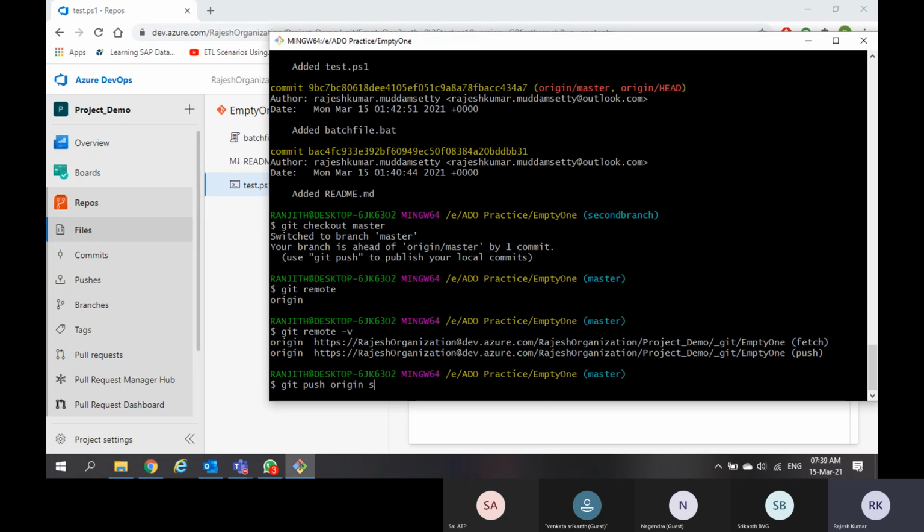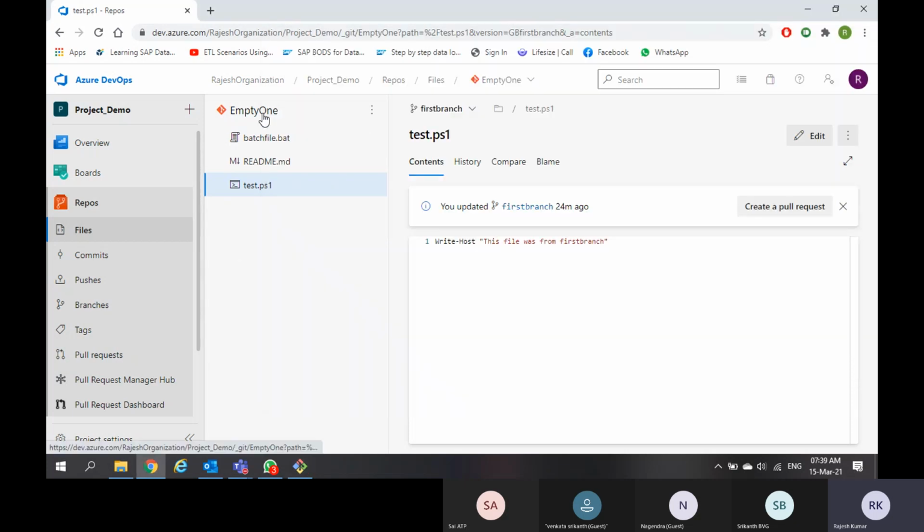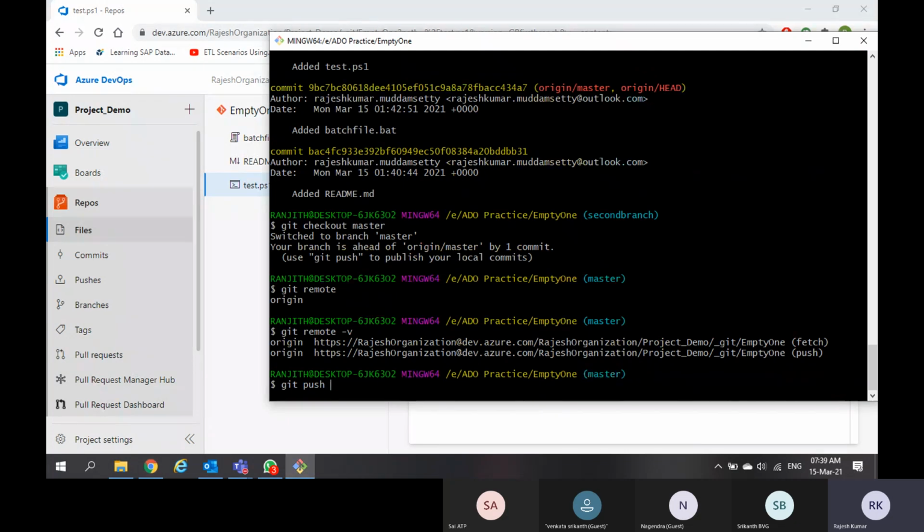If you perform only git push, as you are in master branch, this bash window will take all the changes from master and push to the remote repository which is in Azure Repos. But when I specify git push, the remote name and the branch name, it will push the changes in the second branch to this origin. Okay, git push origin second branch.